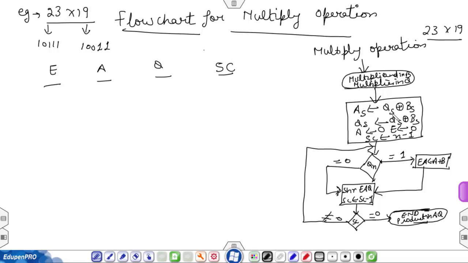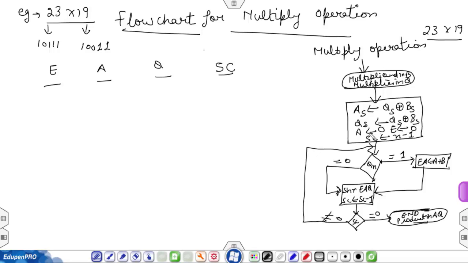That means the sign bit of Q and the sign bit of B, that is, multiplier and multiplicand, will be compared using the XOR operation, and the final result of the sign bit will be stored in AS. The sign comparison of QS and BS will be done again, and the final sign bit value will be stored in QS.